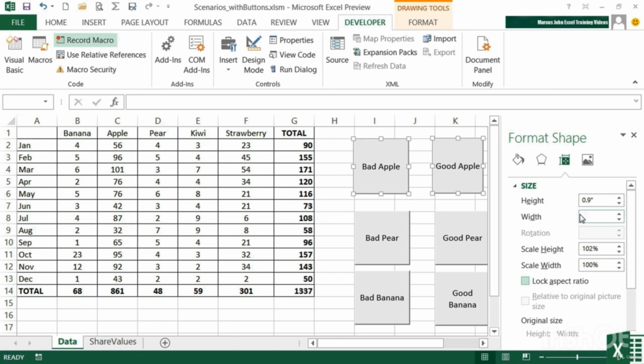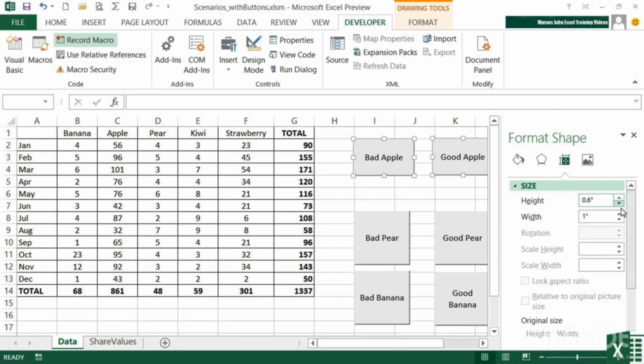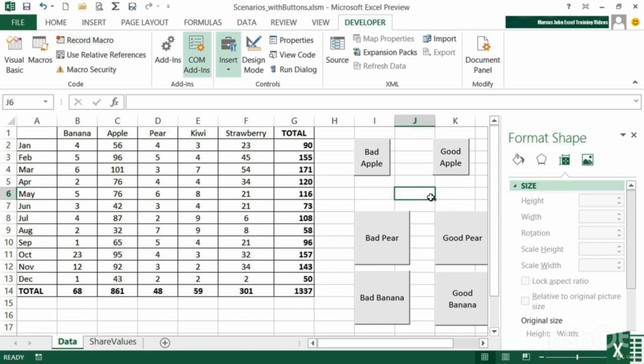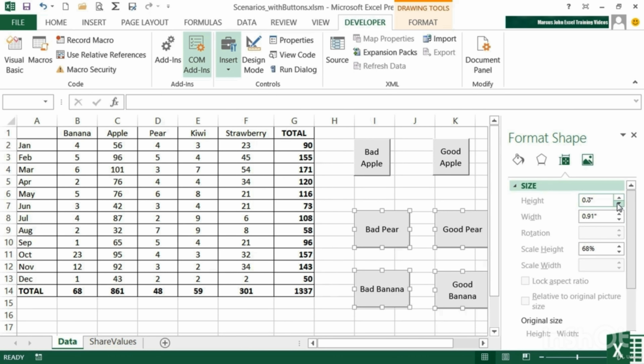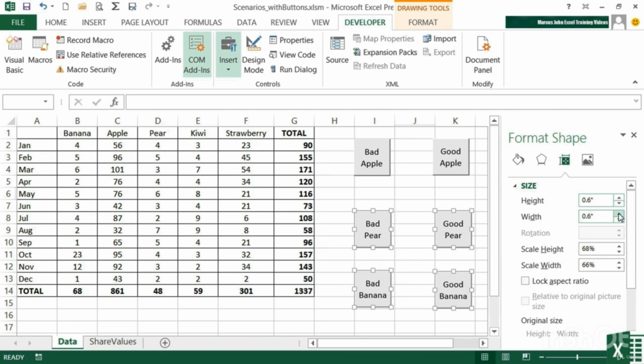And the width is different because it's blank, but we can then start altering that, 1/2 inch, or we can make them square. Go to 1 inch each. But having made them 1 inch each, the others should as well. So let's not make them that size. Let's go down to 0.6. So they're 0.6 each. That's a better size. Let's go select the others. So first one has to be right click to get into editing mode, and then you can control click the others. And let's change their height to 0.6 and width to 0.6, and then click away, and they're all the